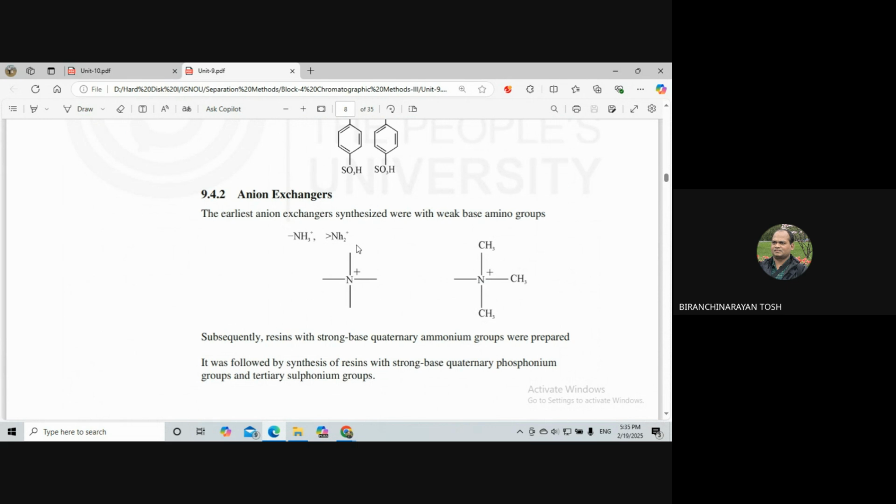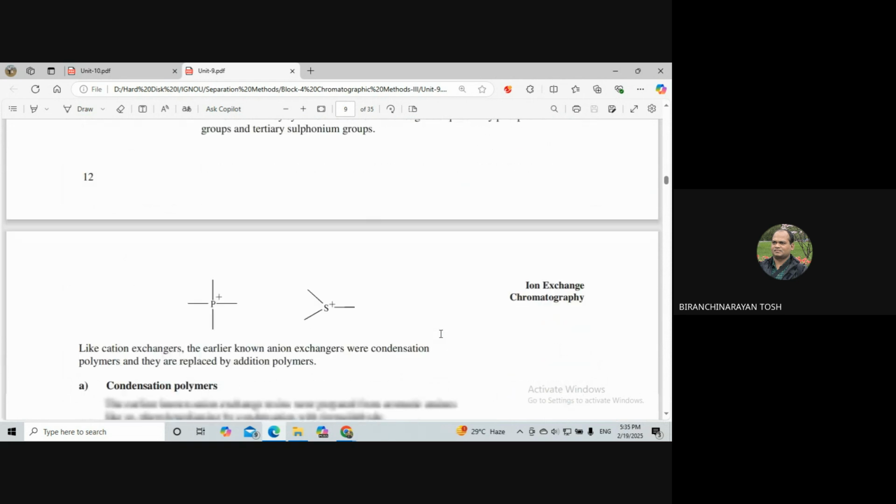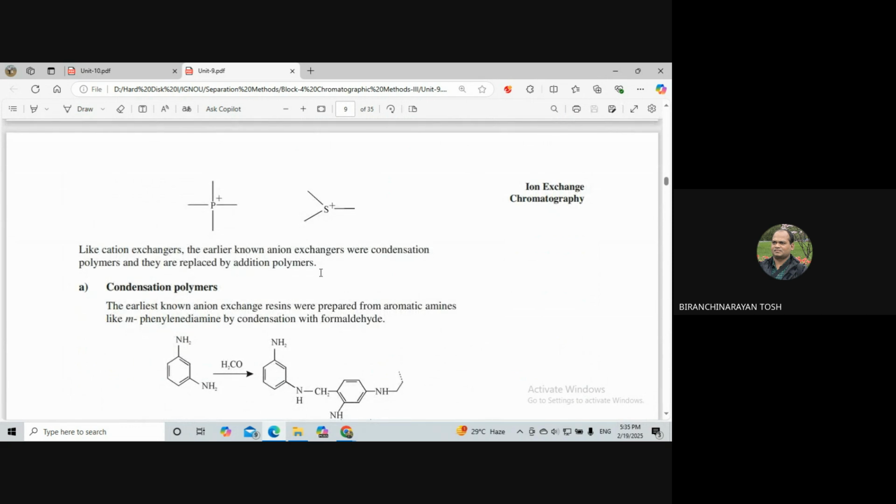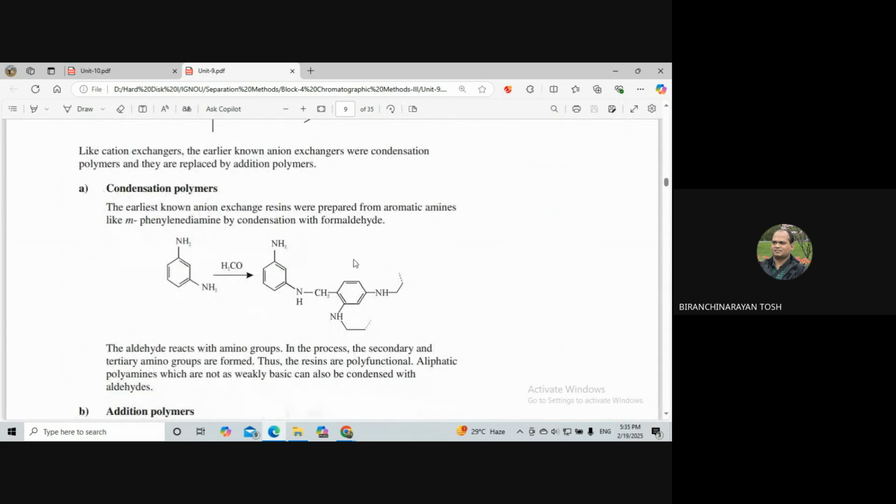Subsequently, resins with strong base quaternary amino groups were prepared. It was followed by synthesis of resins with strong base quaternary phosphonium groups and tertiary sulfonium groups also. Phosphonium and sulfonium groups can also be used. Like cation exchangers, they can also be prepared by condensation and addition polymerization. So by condensation polymers,